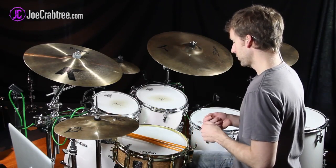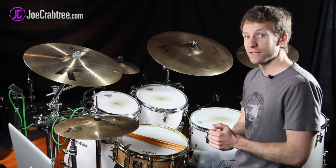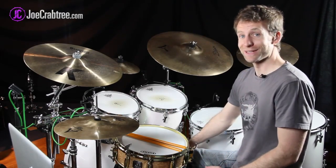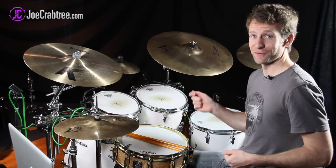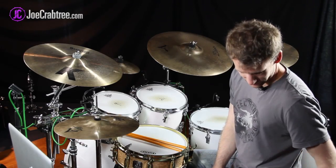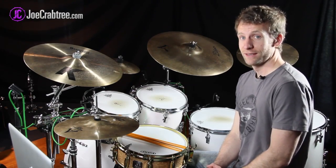So on a gig, the bass drum is the thing that gets lost in the mix, and I will end up playing harder because I can't hear it. And I once hurt my knee on a gig to the point where I couldn't play with my right foot, so I had to put the hi-hat over here and play the bass drum with my left foot for the rest of the gig. And that's the kind of thing I don't want to have to do. So the BC2 has had a huge impact on my playing,